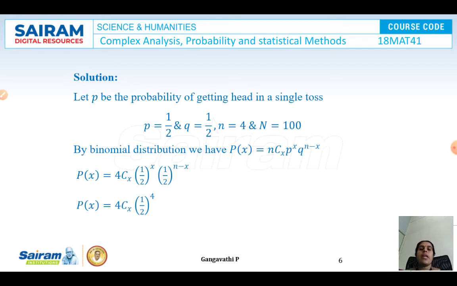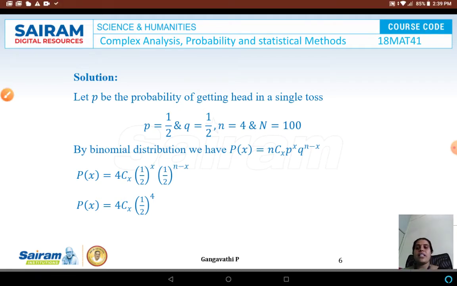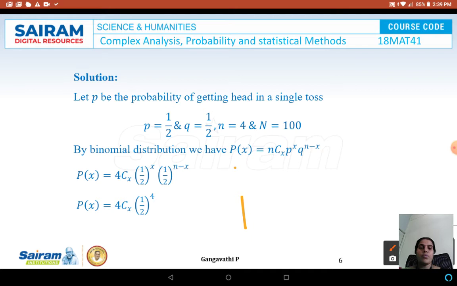Since we have to apply the binomial distribution, we need to consider the fit for the binomial distribution. It is a must for us to have a binomial distribution function, if you can remember it, which is p of x is equal to nCx p to the power of x and q to the power of n minus x. I need the value of p and we need the value of q also. So p is probability of success and q is probability of failure.